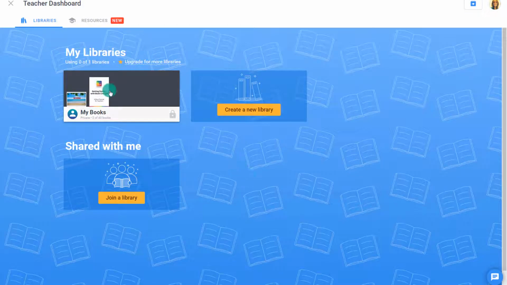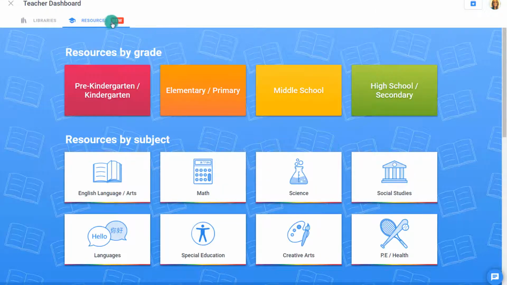After logging in, you'll notice that you have a default library that's called My Books, but it is private. You would also probably want to create a new library so that your students can add to that library. But before we go any further, let's look at the Resources tab here. Using the Resources tab, you can look at books created for different grade levels